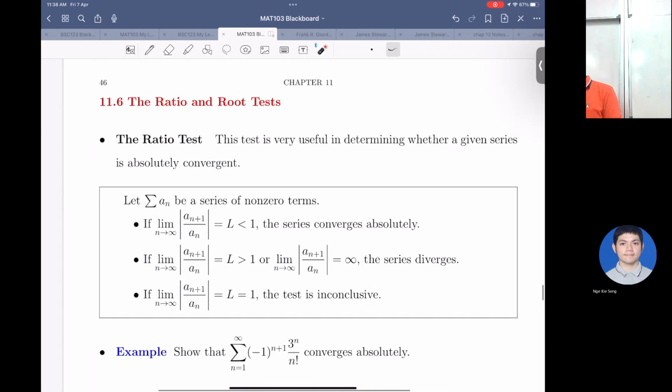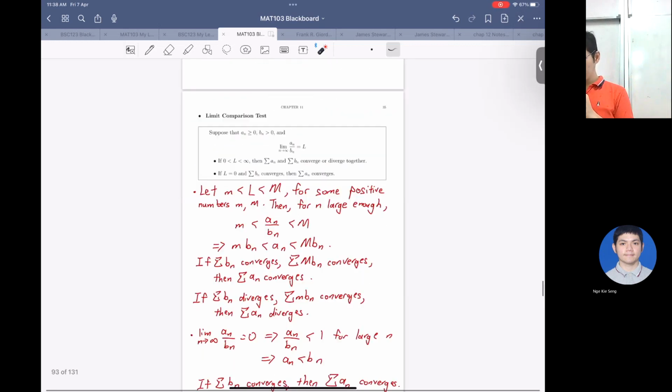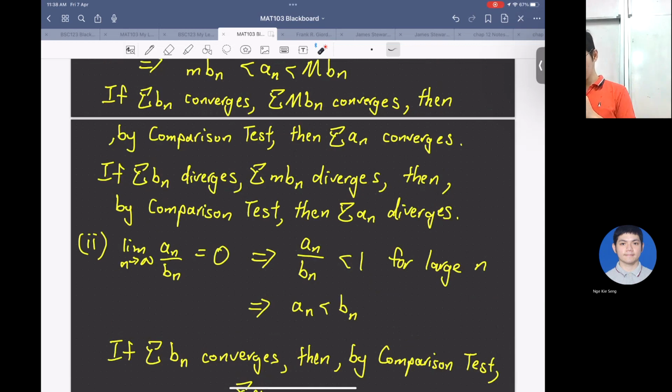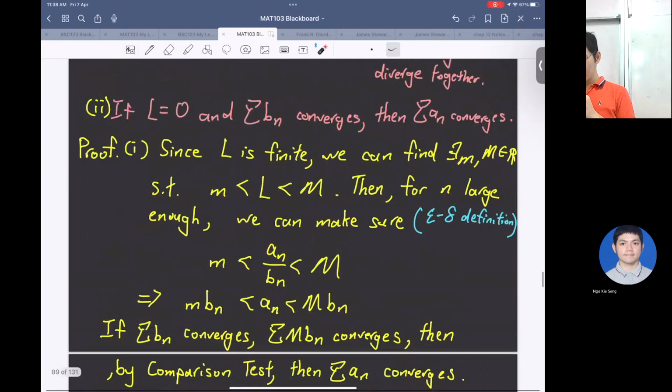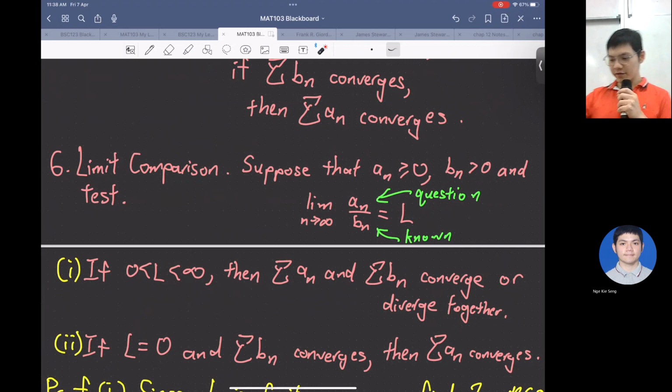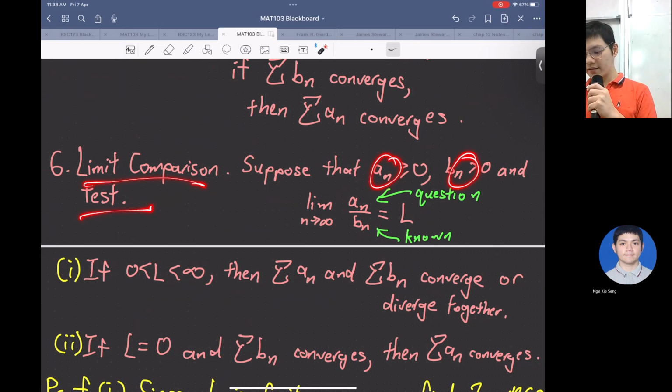Next, the ratio test. Last time I got feedback from some of the classmates that you're confused with this a_n b_n here. I think when I first learned it, I was also confused, I just forgot already. When you first see this limit comparison test, I know why you're confused. Most of our series are something over something, a fraction form, so you think of it like splitting the fraction into a_n and b_n. But actually a_n and b_n in the limit comparison test